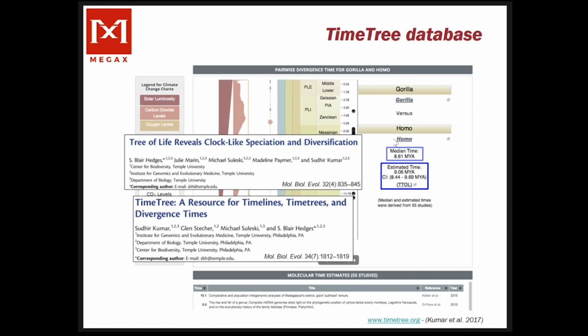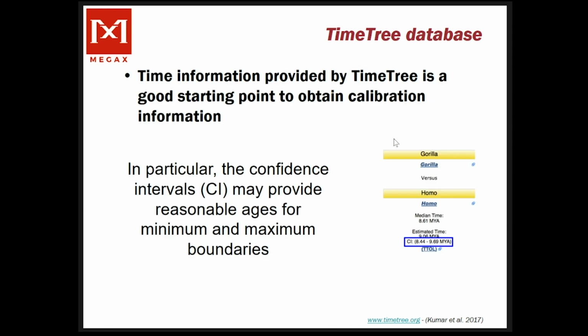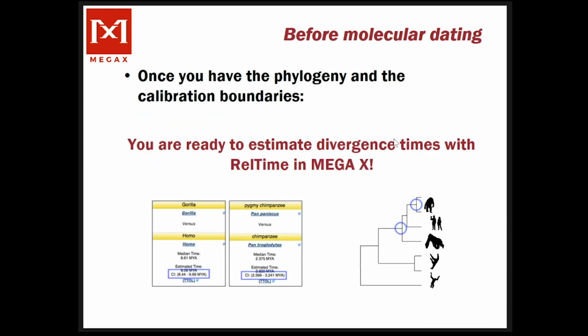For instance, for the divergence between gorilla and Homo, the confidence interval goes from 8.45 to 9.69. And the time information provided by TimeTree is a good starting point to obtain calibration information. In particular, as I already mentioned, the confidence intervals may provide reasonable ages for minimum and maximum boundaries. And if we do the same thing for the divergence of the two species of chimpanzee, we get this confidence interval, this median time, and this